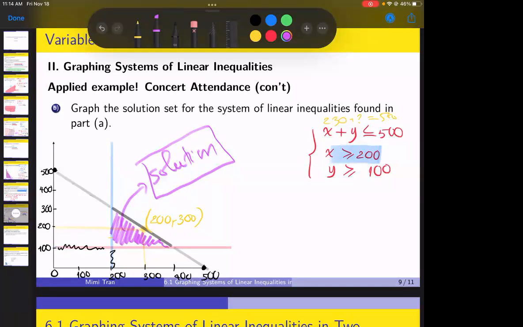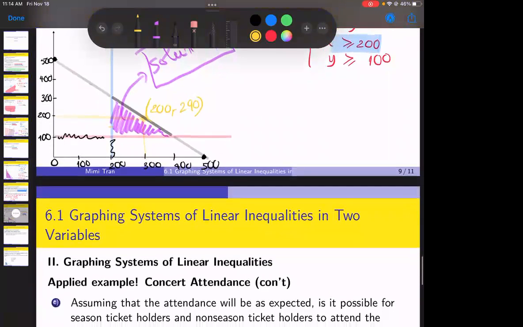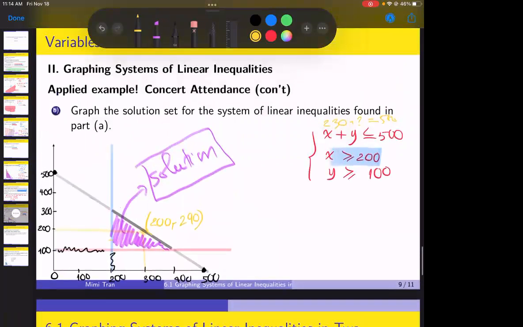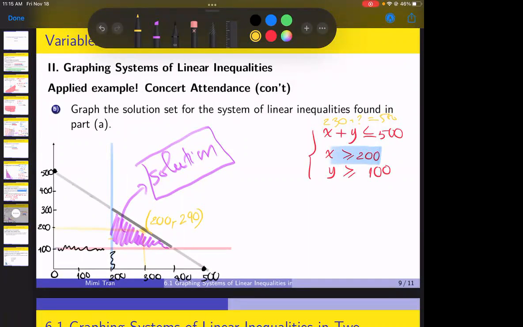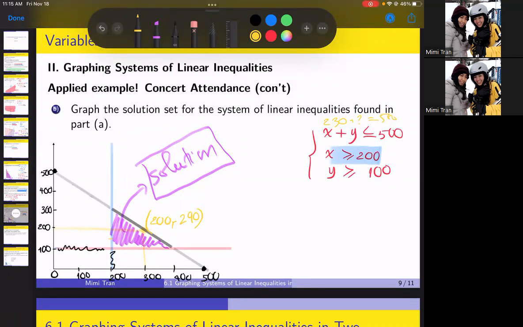It's not the best point because it's on the line. Maybe you pick something different. Maybe 200 and 290. You can pick 200 and 290. Let me show you how it looks like on Desmos. X is equal to